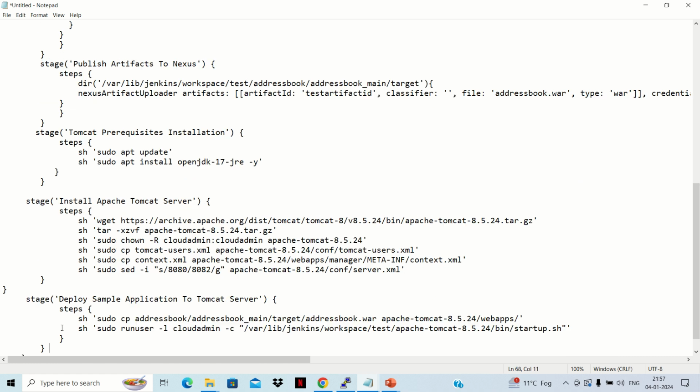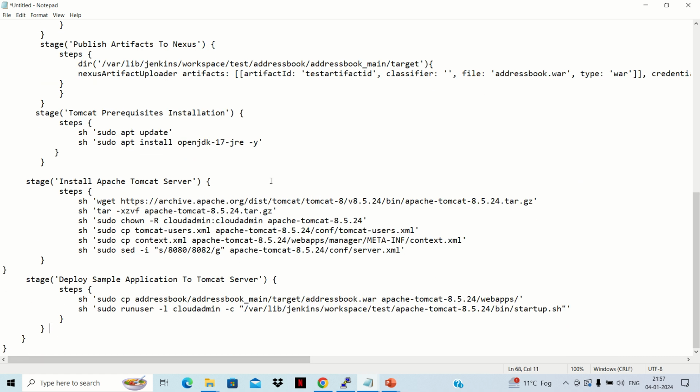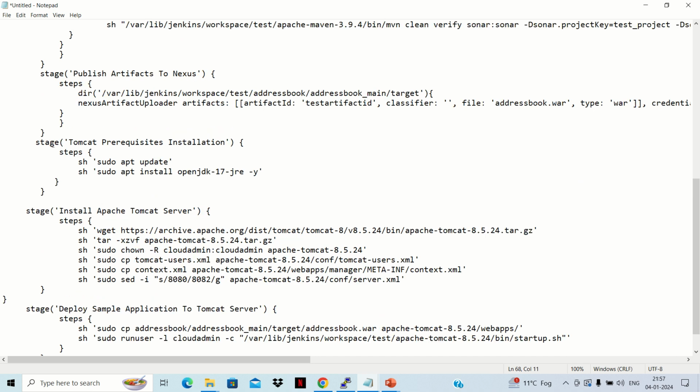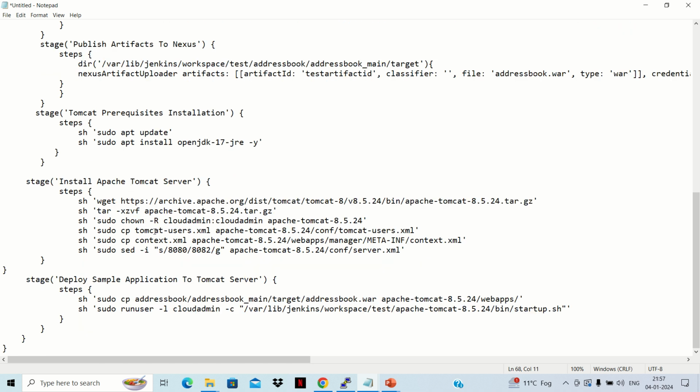I'll share this complete code so that you'll also be able to install it. What we are doing here is basically a Tomcat prerequisite installation. Firstly it will install Java, because that is a prerequisite of Apache Tomcat, and then it will install Apache Tomcat, change the port, copy the files from the repository and replace them in this directory, and then deploy our addressbook.war to this particular webapps directory. So now we'll copy this complete code,